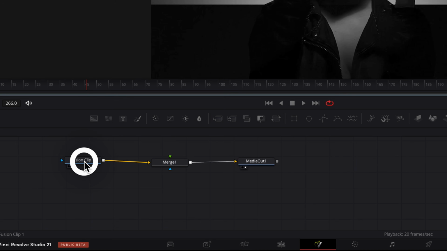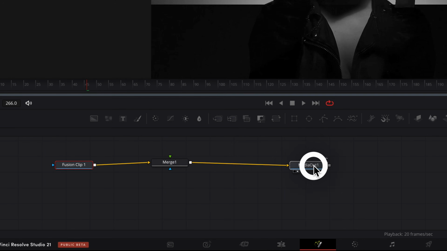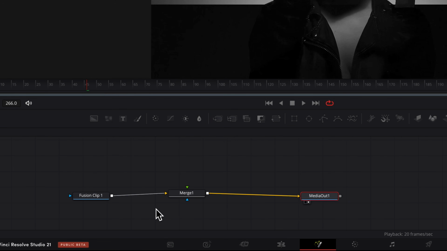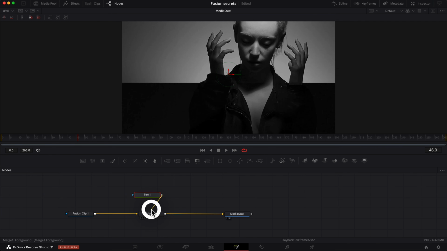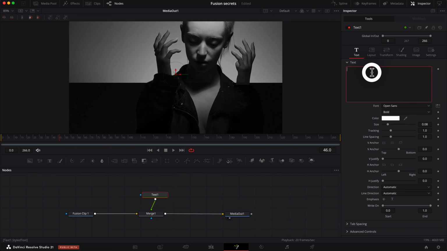So we've got our media coming in this node here, and then going back out to the timeline here with our media out. And then in between that we can put various different effects. So we've already got a merge in here, and just as an example I could add, let's say, a text in there, connect that up to this merge here, and then if I go in the inspector and just write text, there is our text, which is over the top of our image, because if you remember we're going from